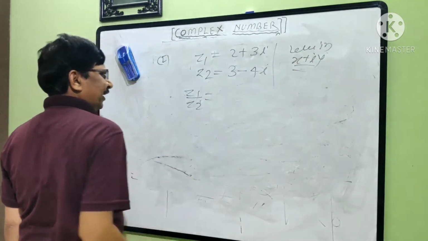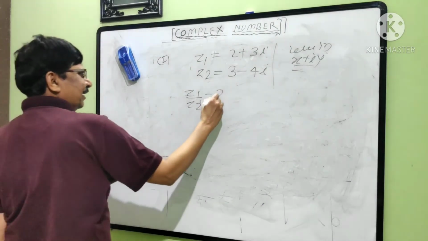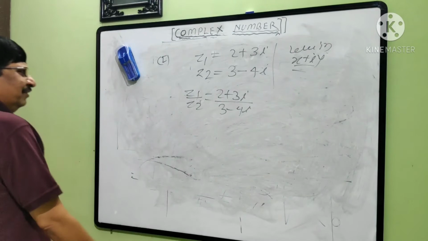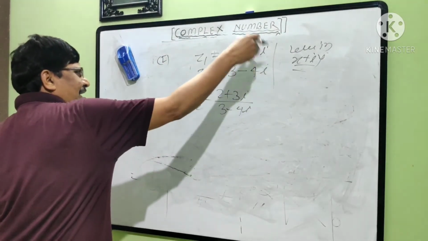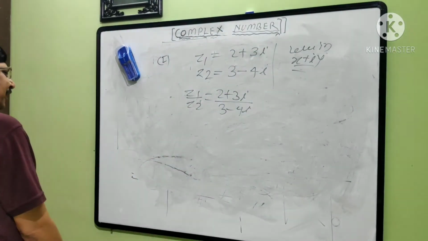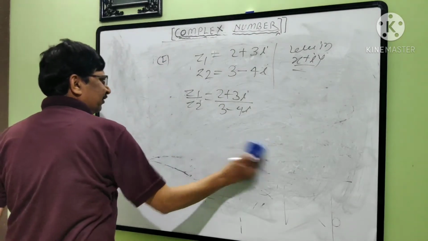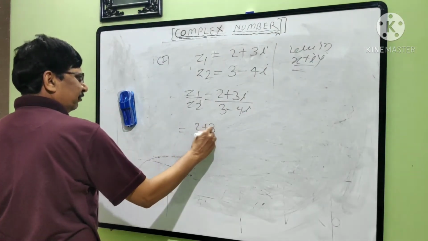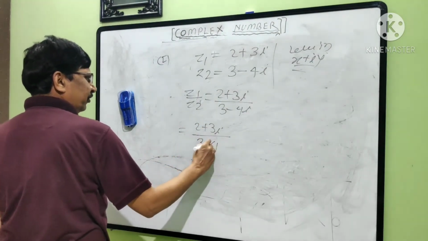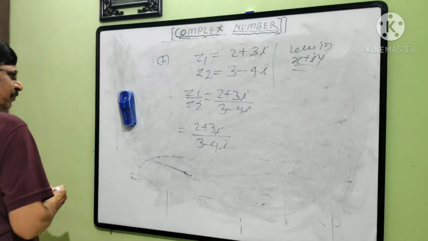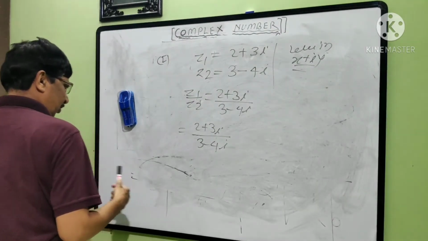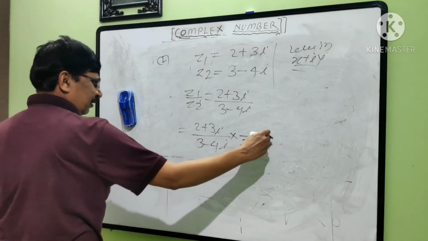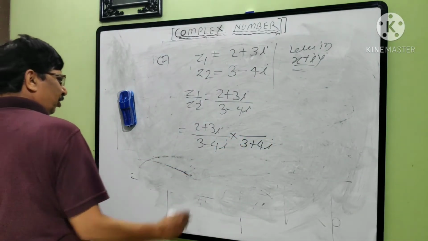Division means याचं division X plus IY form मध्ये लिहा, म्हणजे रियल आणि इमॅजिनरी पार्ट काय आहे. That means question is like this, divide this Z1 by Z2 or write this Z1 by Z2 in X plus IY form, which is the real part and which is the imaginary. Now what is the method actually? What is the conjugate of 3 minus 4I? Now conjugate is important. Definitely 3 plus 4I. Multiply this conjugate of the denominator.